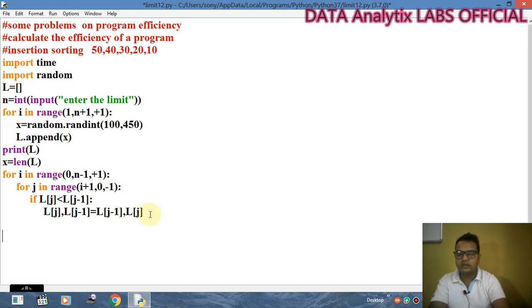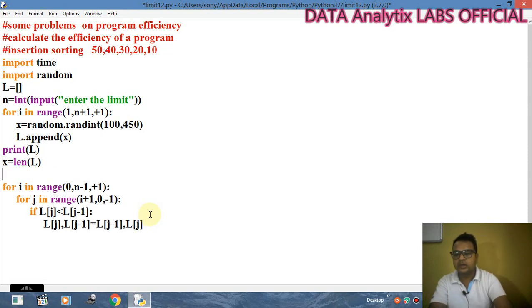Now here we have to assign my timer. So timer will be, yes, starting from the main logic, start from here only. So here we have start equals to time dot time, and here we have end equals to time dot time. Now x equals to end minus start. You can use end minus start plus 1 also, that will also work. Clear?